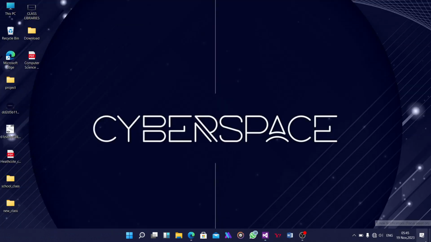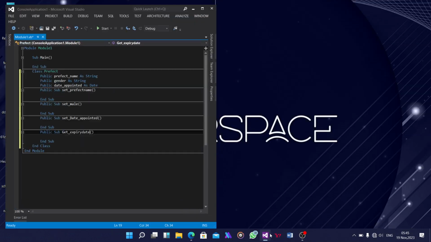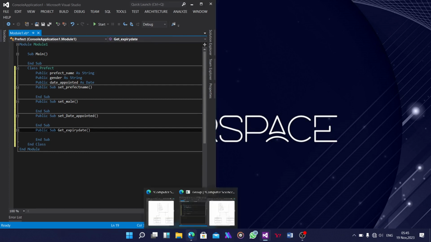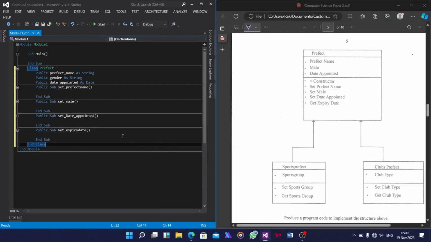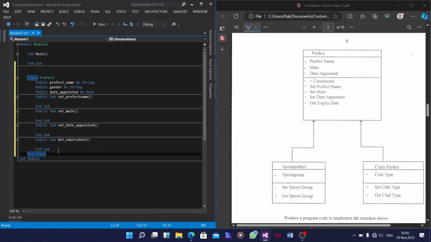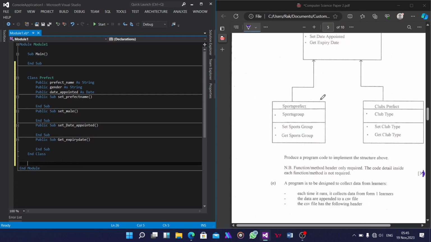Please write these procedures as you are given in the exam. Okay, you don't want to be in trouble with ZIMSEC. Okay, so we are done with this class, which is class prefect. Okay, it is done like that. It is very smart like this. So here's the interesting part. We have these new classes, but we are going to do something called polymorphism, in which we have to add